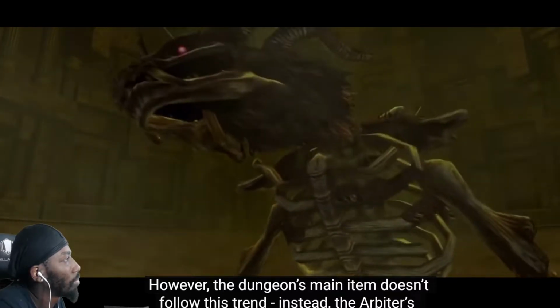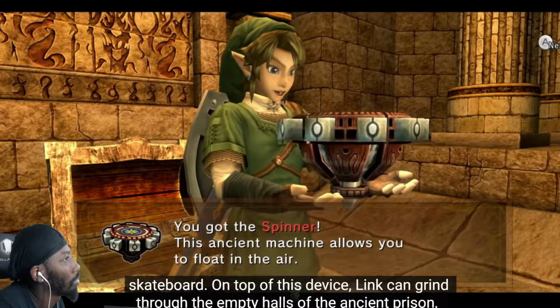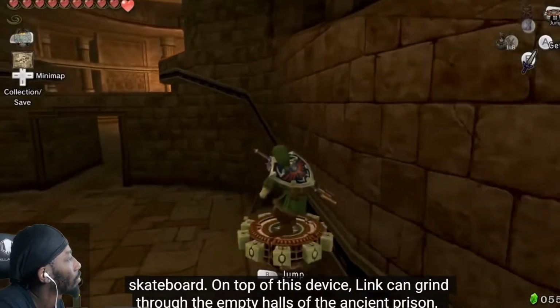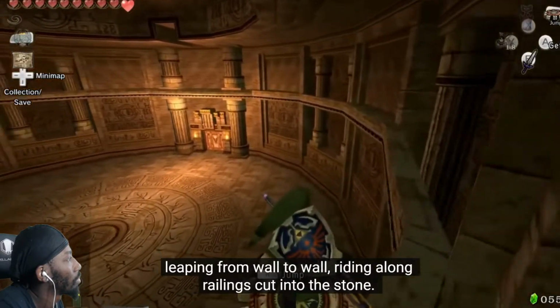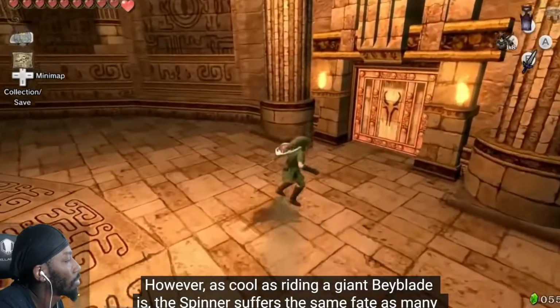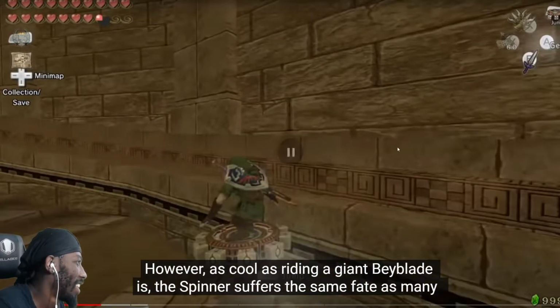Instead, the Arbiter's Grounds gives us one of the coolest items in the series, a spinning top which Link can ride like a skateboard. On top of this device, Link can grind through the empty halls of the ancient prison, leaping from wall to wall, riding along railings cut into the stone. However, as cool as riding a giant Beyblade is, the spinner suffers the same...